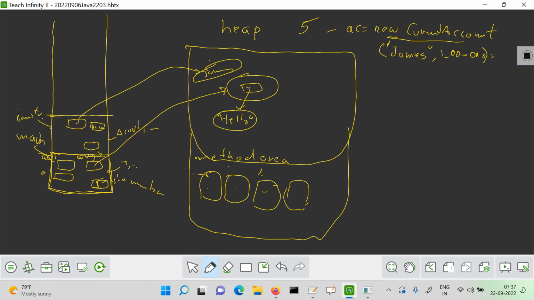Above that is the main frame for the CurrentAccount constructor, because we said new CurrentAccount, right? So new CurrentAccount, 2 parameters. Those 2 parameters are initialized and it will keep track of the line number. The first line within that method. So it's not line number 1 here. The line number is the line of the